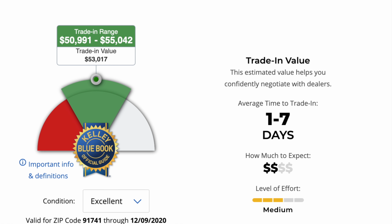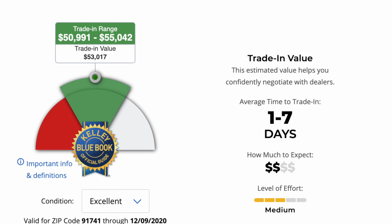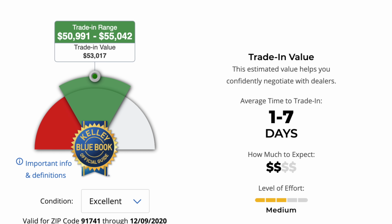According to Kelley Blue Book, their trade-in value comes in at $53,017, and that's without the full self-driving package included. So right there, that's not bad, especially since the car has 14,000 miles on it, which I was putting into that calculator, and buying one brand new today with my exact specs would cost $55,190 before tax. So of course the value hasn't increased or anything, but it isn't as drastic as you see